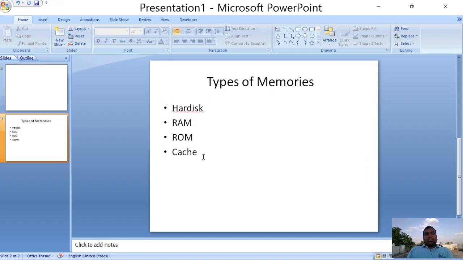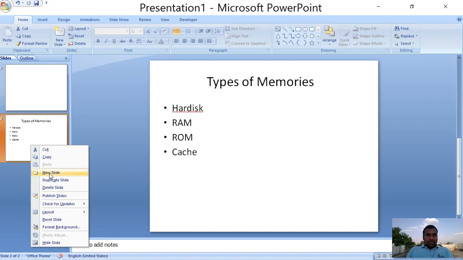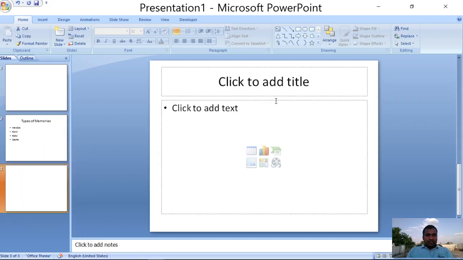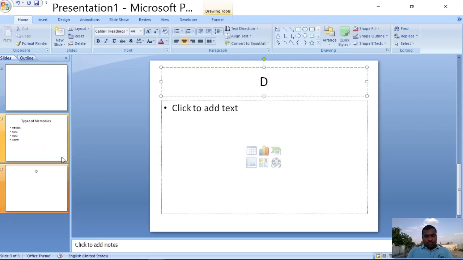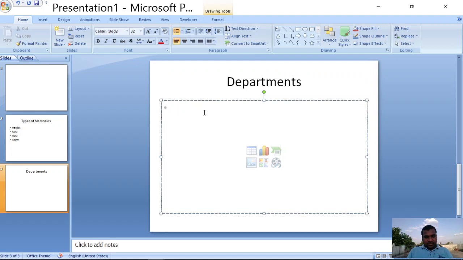Now let us write one more slide: departments that are available in our college: DCE, DEEE, DME, DPT, and DCCP.